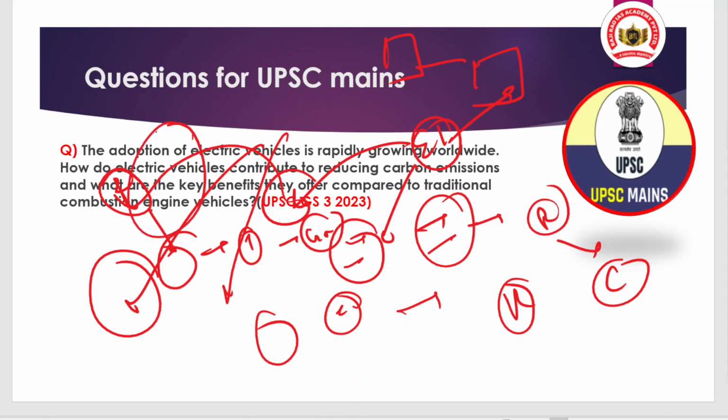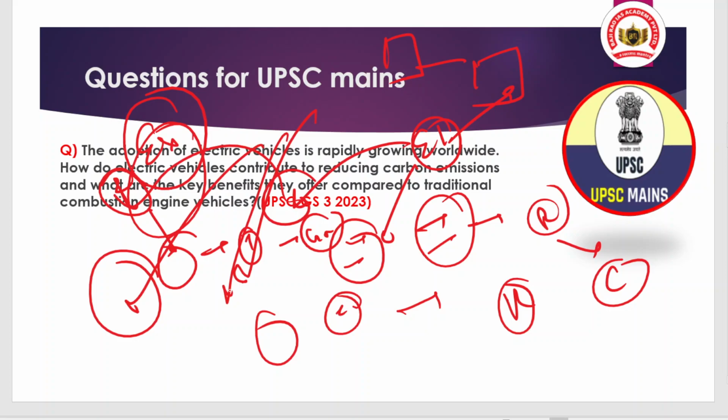So here you have to understand that electric vehicles do promote the reduction of carbon emission, but you have to ensure where the electricity is coming from. And if electricity is from renewable sources, then definitely this is a milestone and this is a bigger achievement to reduce the carbon emission in the automobile sector. So we have discussed in an elaborate manner, but here you have to answer a context-specific question like the benefits it possesses. Okay, so you have to answer in that format.